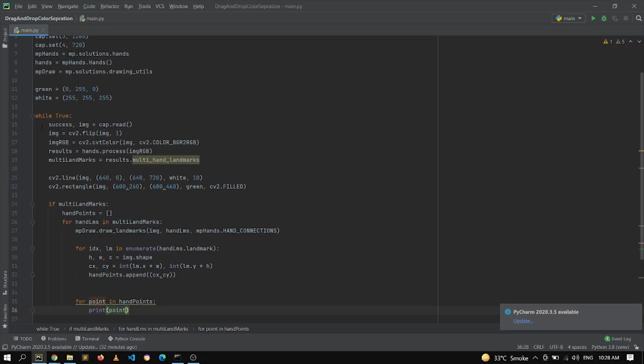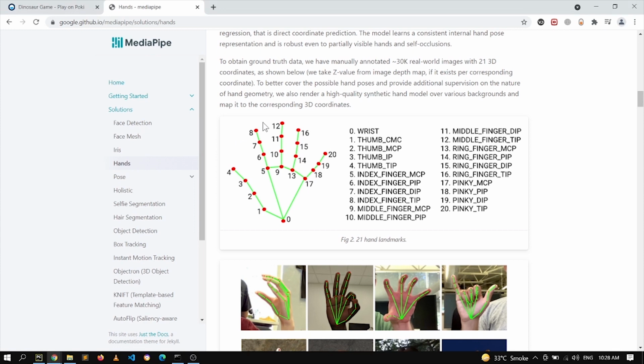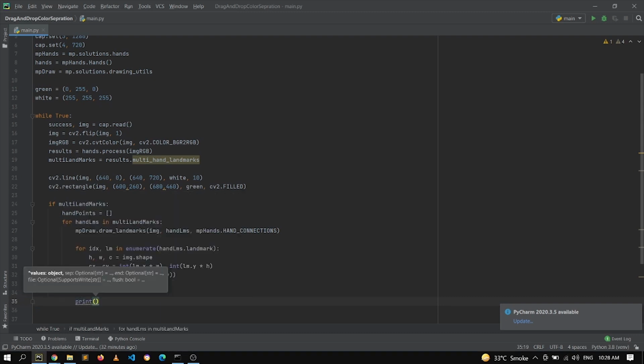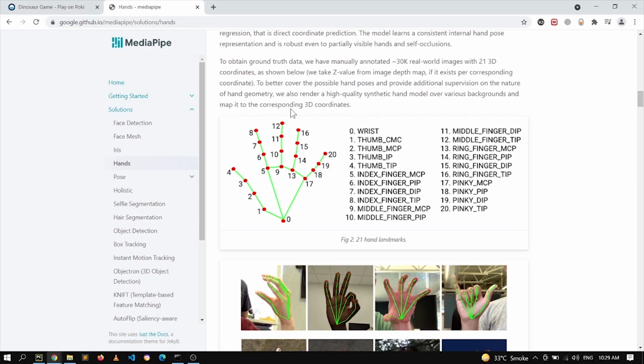Next thing is that we have detected the hand landmarks, we have detected the hand points, and now we have to go for this point 8, the index finger. So for extracting that, we have to go for here. Let me print it for you first, and then I will show you how this thing is happening. So we will go for hand points, and inside the hand points we will go for the point 8, which is this index finger point. So if I give it a go again,